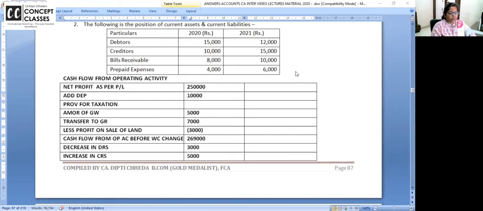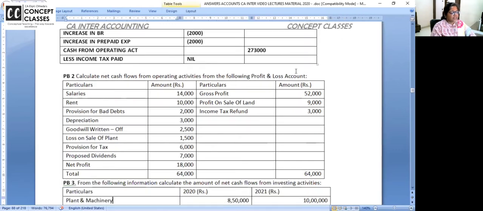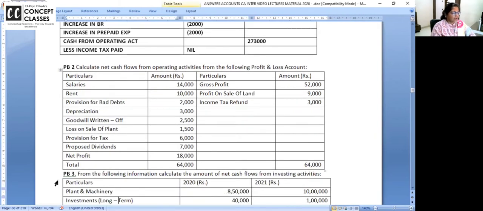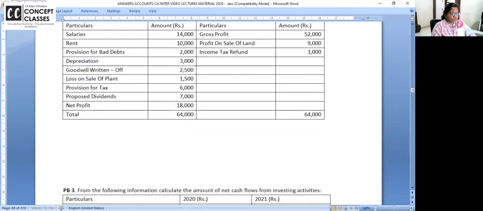चलो, we have done problem number 1. We are doing problem number 2 right now. अभी करते हैं. 3 और 4 हमने कर लिए. All these 4 problems were concept gripping problem, I call it. And so let us start with this. They have given you P&L account, this time ready. So can you interpret and arrive at the operating activities?